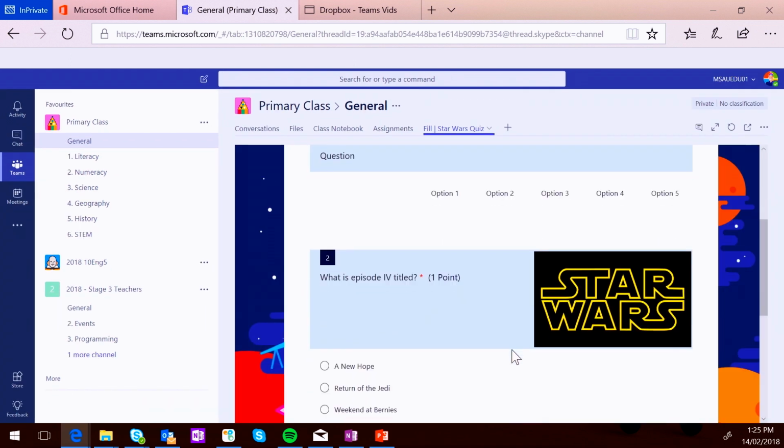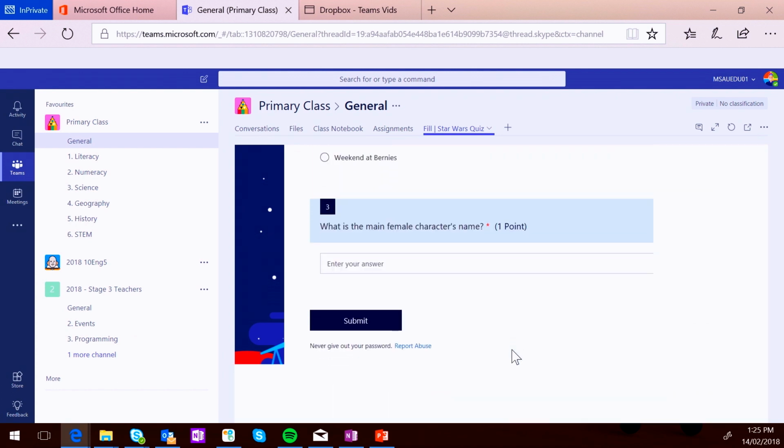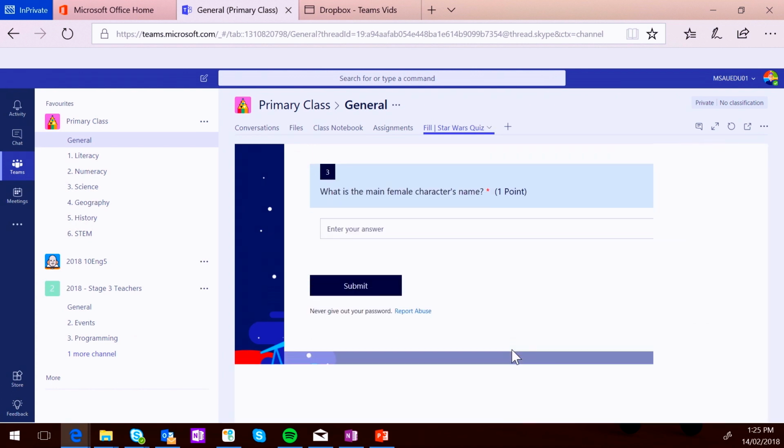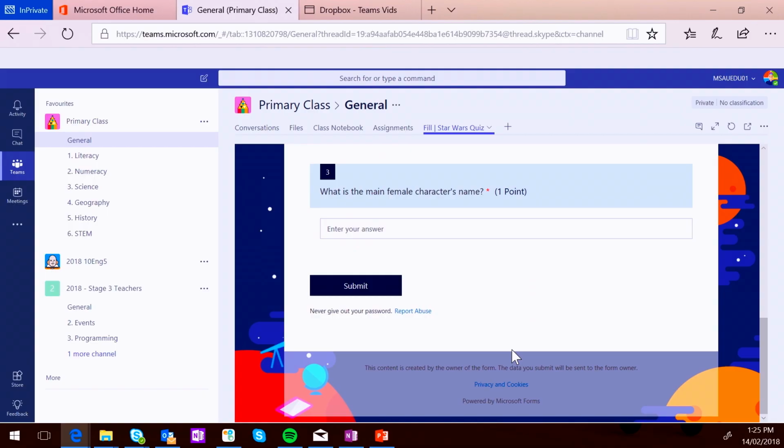And just like the files that we looked at before, it embeds itself into the Teams interface. So kids aren't going off onto different tabs and pages to access the quiz. They're able to complete it here inside the Teams interface. So they'd complete that and then they'd click submit. And you are able to go then into your forms